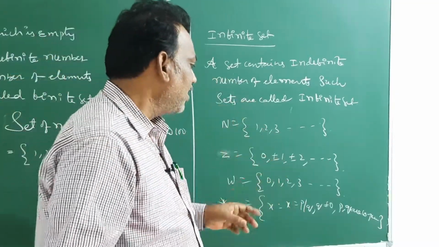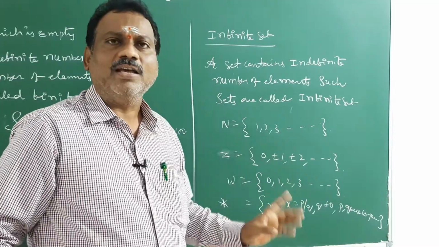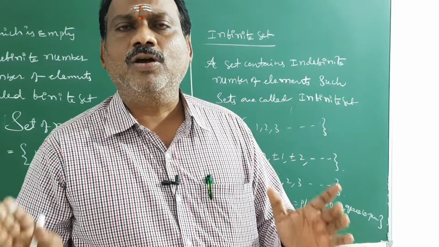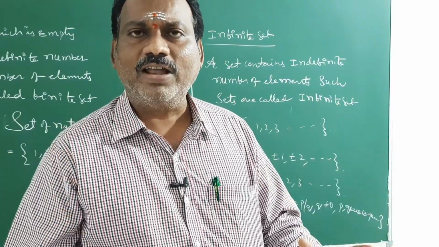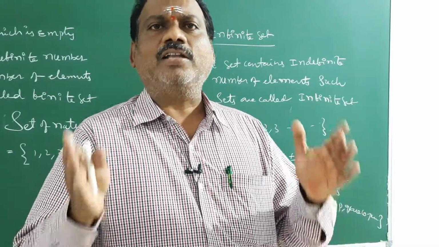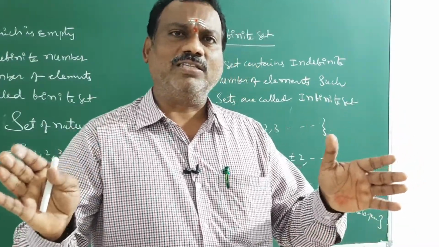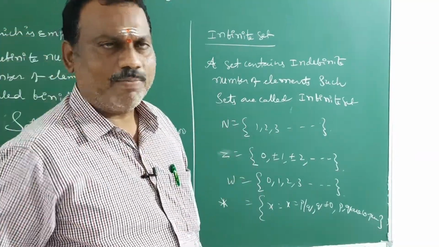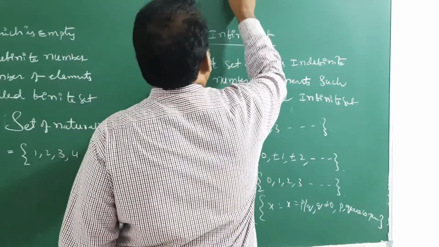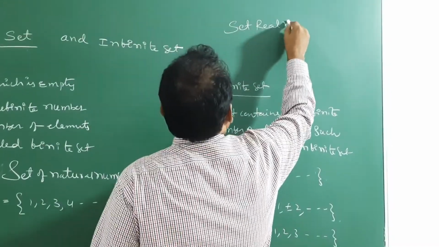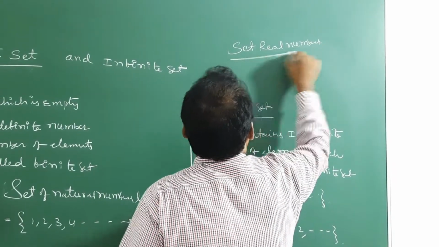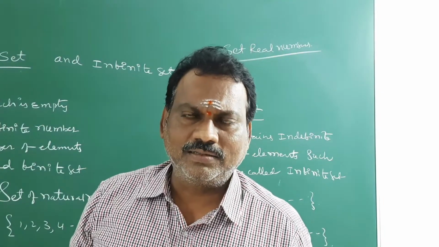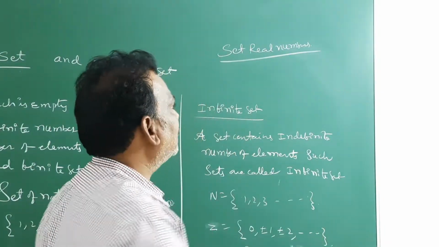Such kind of numbers we cannot represent in curly brackets. Sir, how to represent such numbers? We will use intervals: closed intervals, semi-closed intervals, semi-open intervals or open intervals. That we will discuss in later classes. For example, just one example I will explain. Suppose they ask the set of real numbers. Real numbers means nothing but each point on the real number line. Number line you know very well. This is a number line.